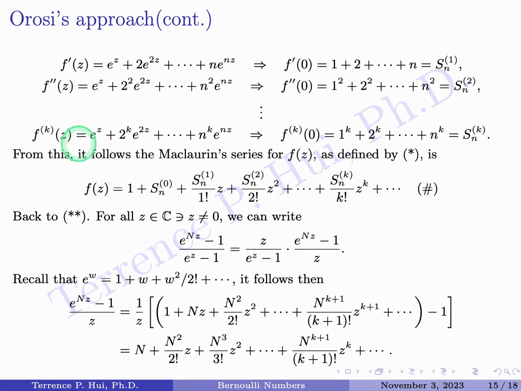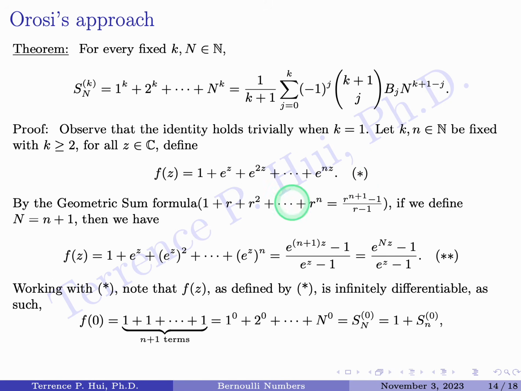In general, the kth derivative, e to the z plus 2 to the k e to the 2z plus dot dot dot plus n to the k e to the nz, evaluated at z equals 0, you're going to get 1 to the k plus 2 to the k plus dot dot dot plus little n to the k. In our notation, that's s sub n to the k. So from this, what that means is, again, using just this star expression,